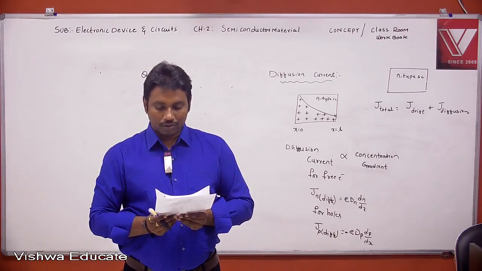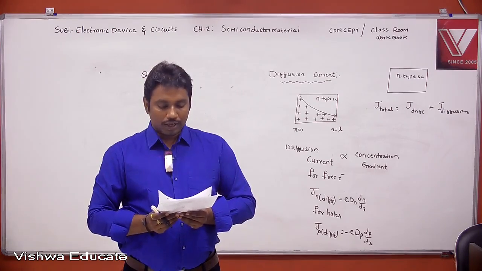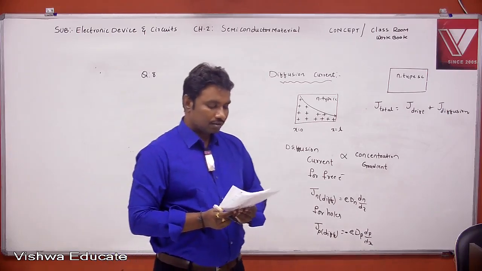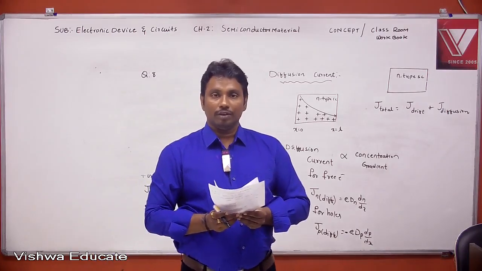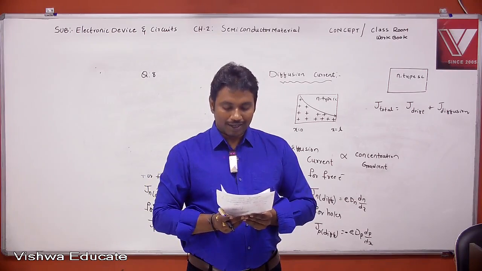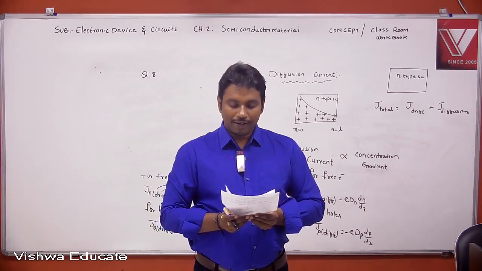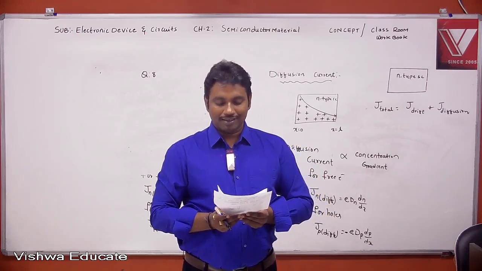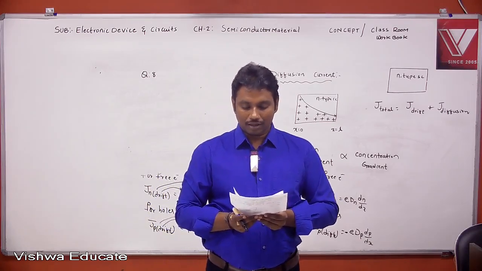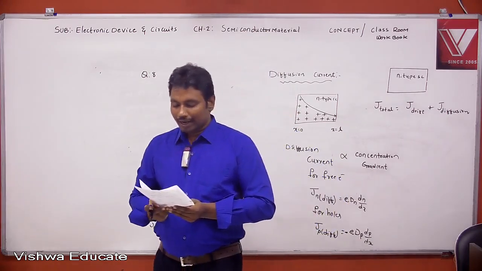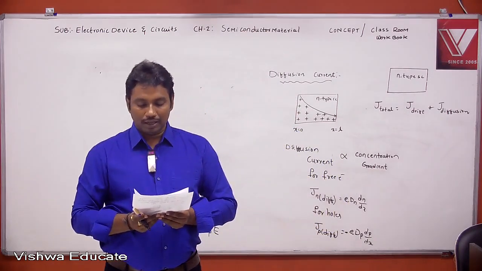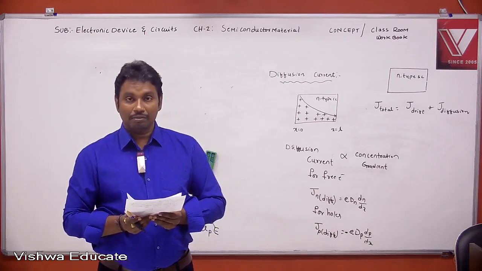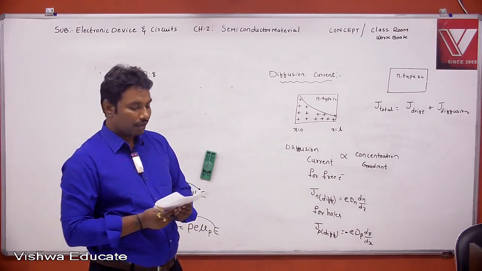If the diffusion constant of electron is 35 centimeter square per second, then the current density in the sample will be,